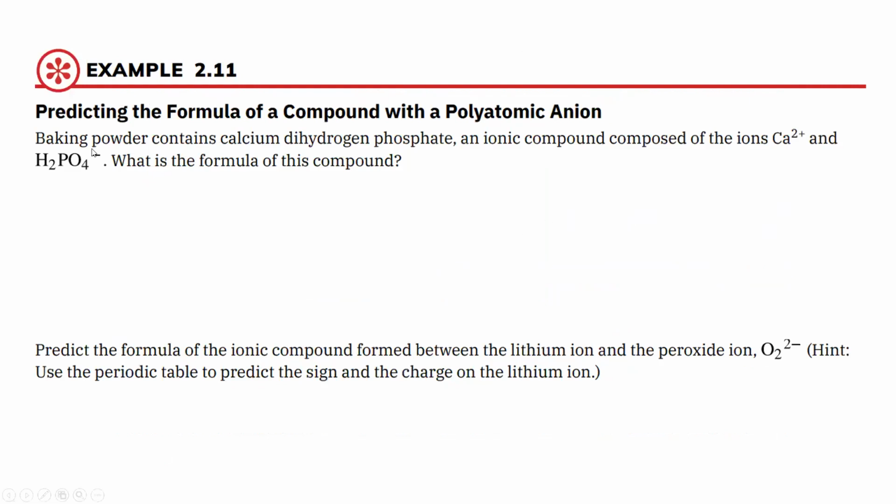And then with this one, going to be kind of the same idea. It's just in this case, we've got a polyatomic ion. But if we weren't told the ions themselves, if we were told we have calcium with dihydrogen phosphate, calcium, we can look at our periodic table, see that it's group 2, is always going to have a +2 charge then. And then with the dihydrogen phosphate,